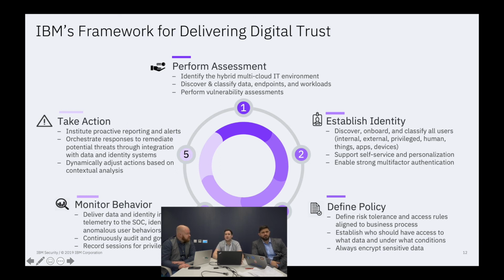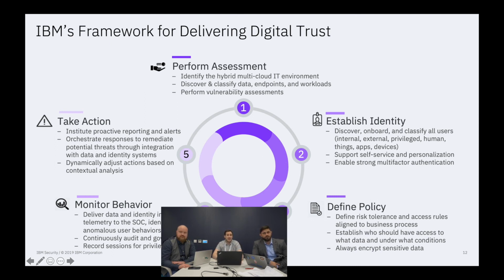The last thing you want, as we touched on already, is a toxic combination of entitlements. Record sessions for privileged users, if they're doing anything server-wise, maintenance, any of that stuff, accessing sensitive data. We talk about a company's crown jewels, what data is critical, what data is most important for you. Are you recording those sessions for your privileged users who can access and manipulate that kind of stuff?